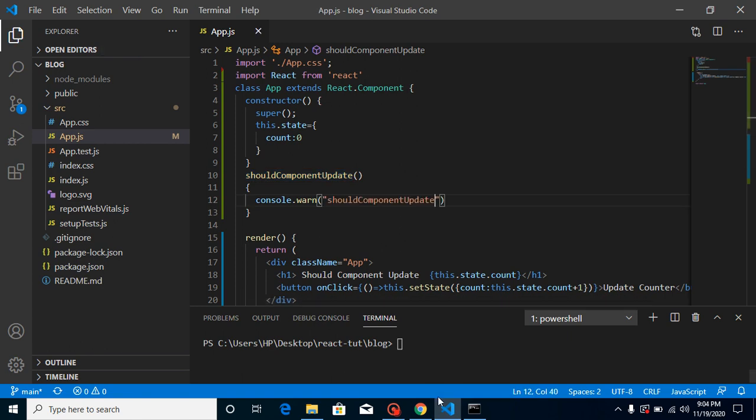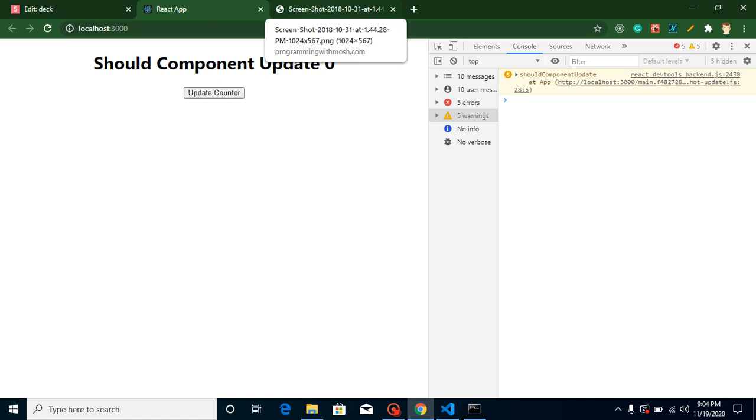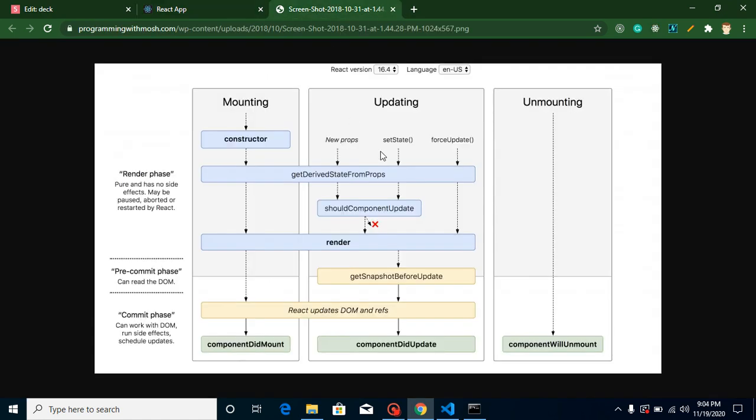Now whenever you update your counter, you will not see the counter updating here, but you will see that everything is working fine inside the console. Whenever you click, you can see that shouldComponentUpdate is being called. Why? Because this is always called on a setState and on a set of props.